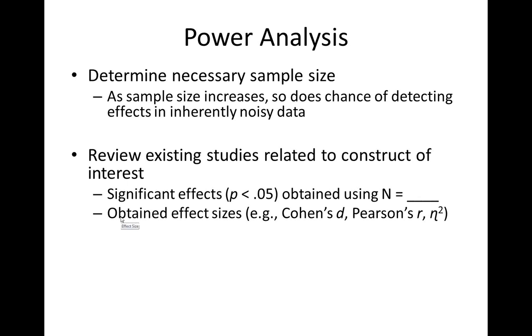However, more recent studies, probably since around the year 2000 or so, have started reporting what effect sizes they found. So if you start seeing things like Cohen's d, Pearson's r, or this little squiggly n squared, which is eta squared, you should definitely take note of those. Because when you go to do a power analysis, it will require you to say, okay, well, what effect size are you expecting to find? And depending on the answer to that question, you're going to need more or less participants